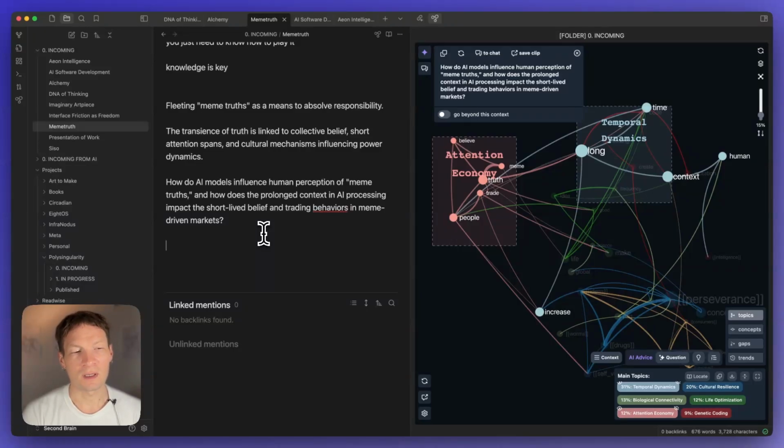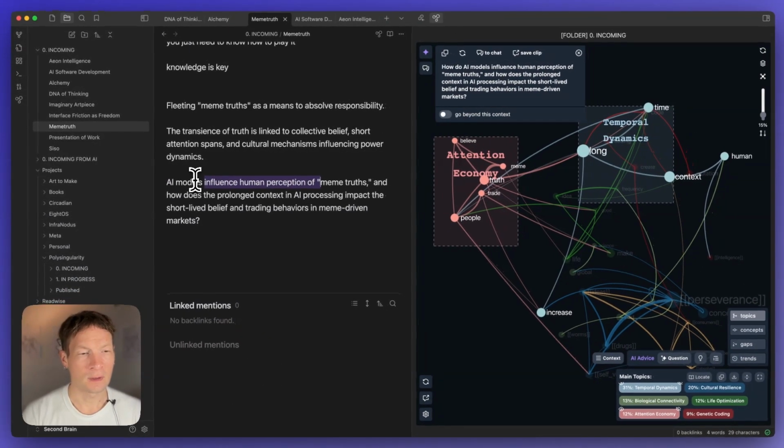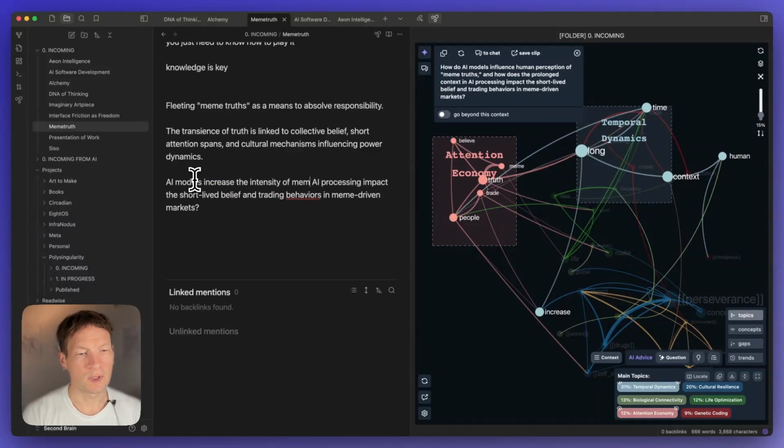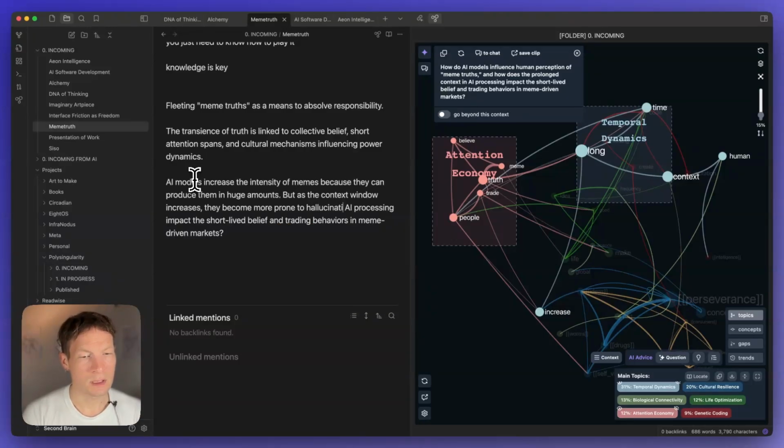So here I'm going to say maybe, how do AI models influence human perception of meme truth? So I will even rewrite this as an answer. AI models increase the intensity of memes because they can produce them in huge amounts, but as the context window increases, here I'm referring to this idea of the context window I was talking about before, they become more prone to hallucinations. So even the slightest trace of rationality is lost,